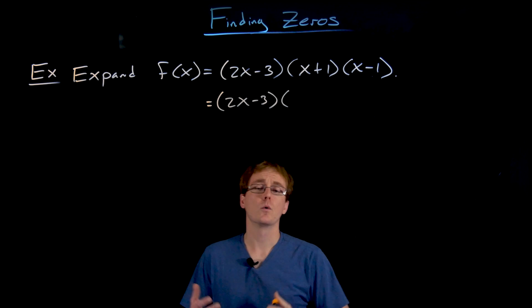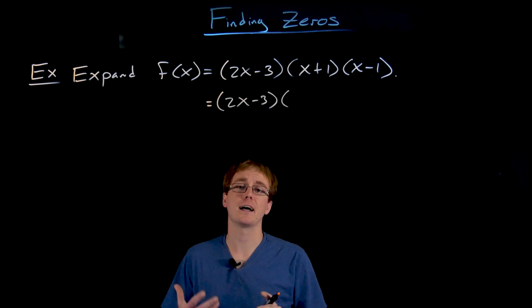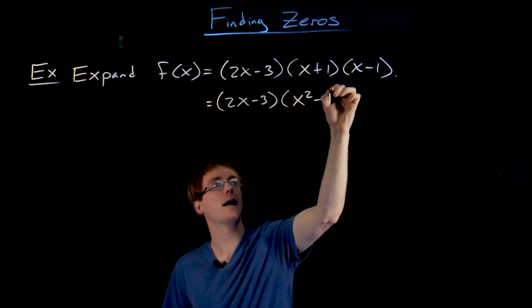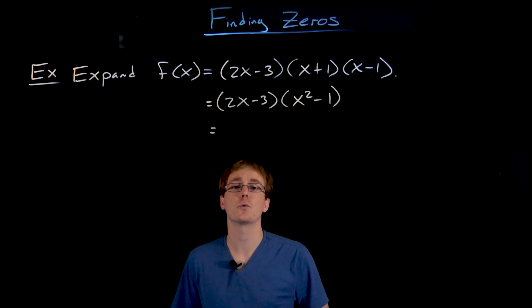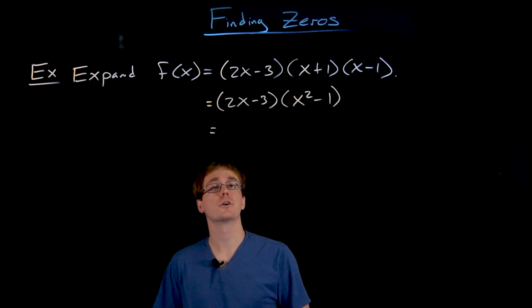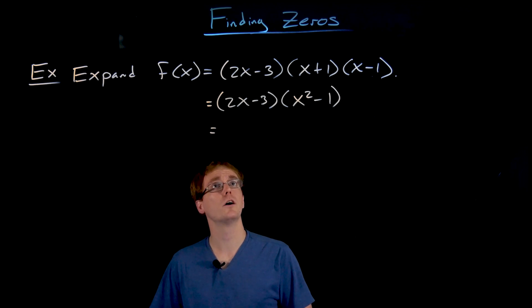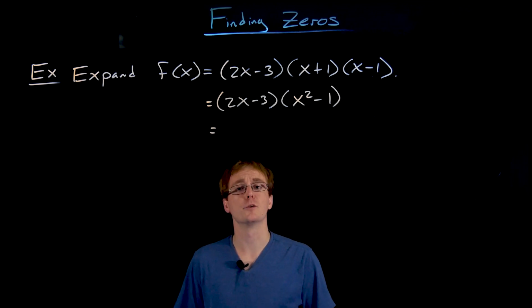Doesn't really matter which binomials we multiply together first, but I did notice that on the far right here, we have x plus 1 times x minus 1. That gives us that really nice difference of squares pattern that you can double check if you don't believe me. But that should multiply out to just x squared minus 1. All right, so now we've reduced this down to the quantity 2x minus 3 times the quantity x squared minus 1. And now we're going to have to use the distributive property or FOIL to do the rest of our